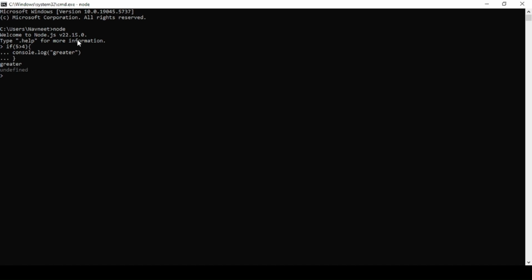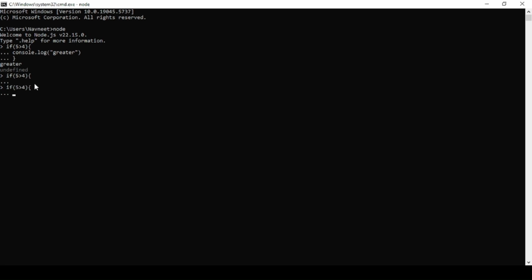Also imagine that you are inside the multi-line expression, but now you don't want to continue with this multi-line expression. So all you can do is press Ctrl C, and now you are out of the multi-line expression without exiting the REPL. Ctrl C is not the only command in order to exit the multi-line expression.